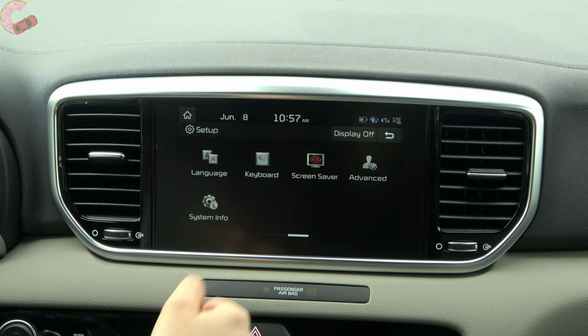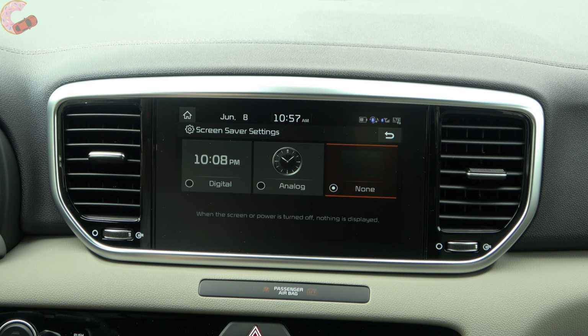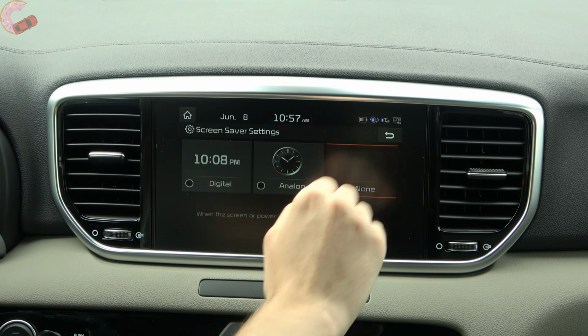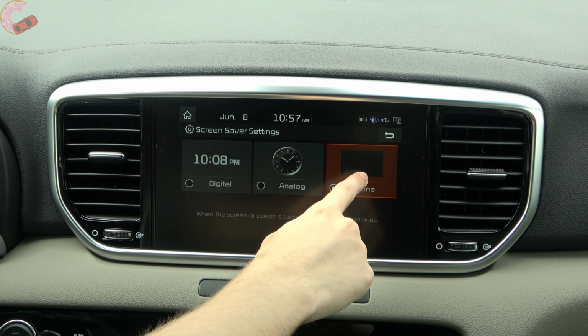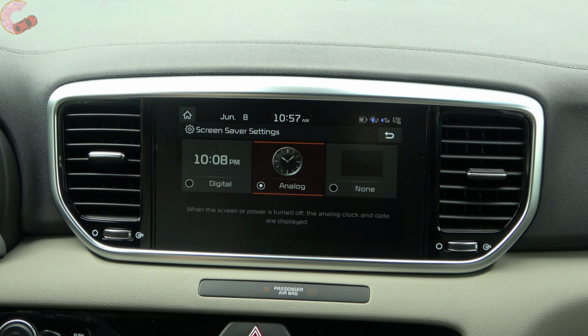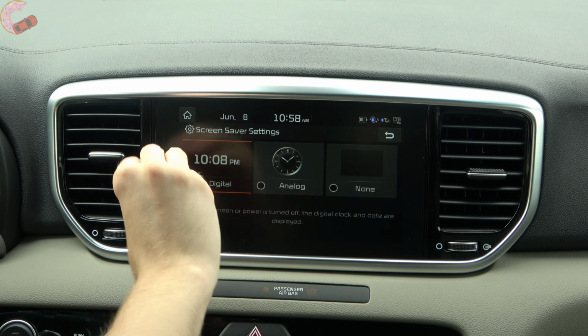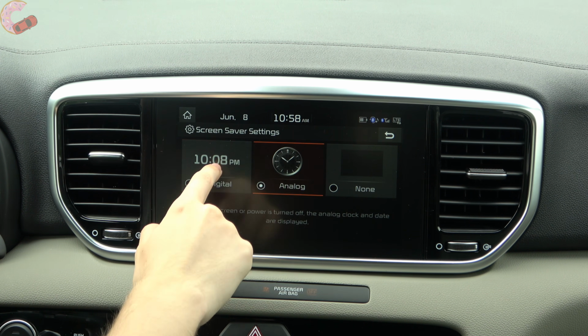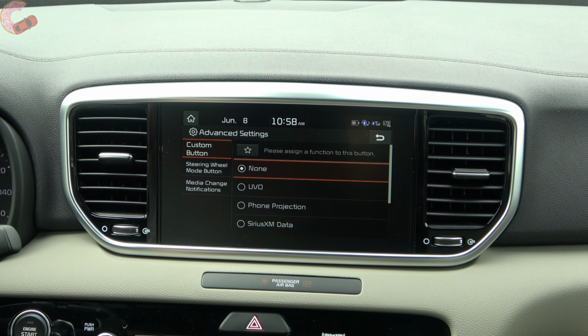So you have language, keyboard. We have a little screensaver here. This just allows you, when you turn off the display, it will either be none as the default, but we can also choose to turn off the display and just have a clock across the screen in either analog or digital version. Here in the advanced settings, this is one of the nice features about the Kia Uvo system,